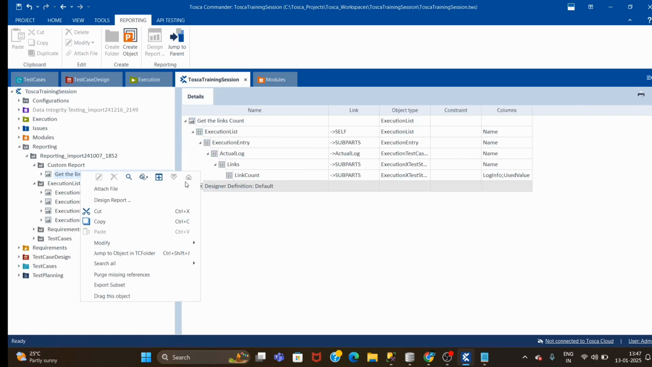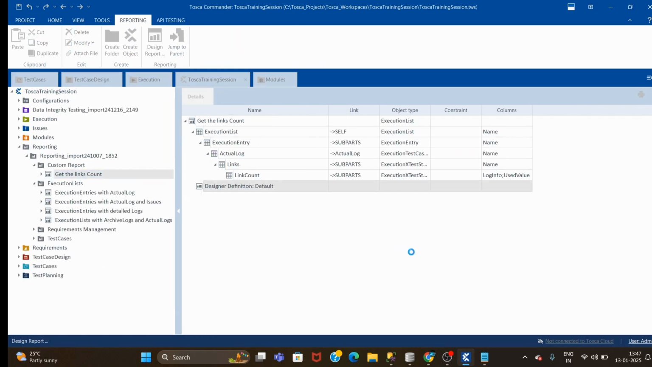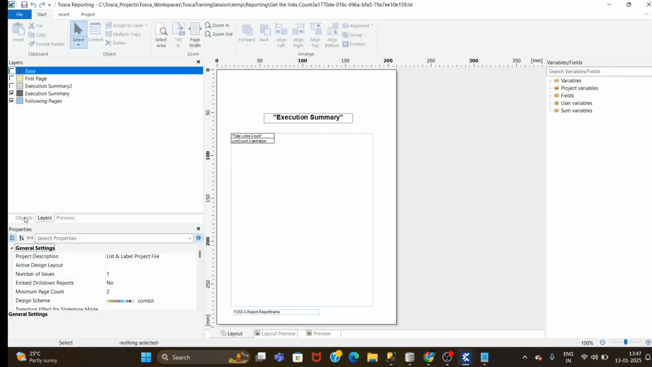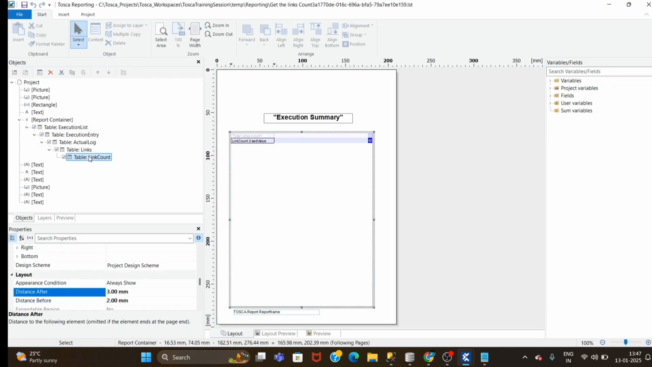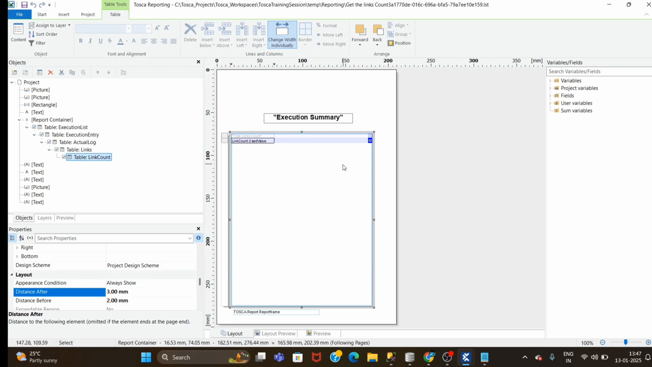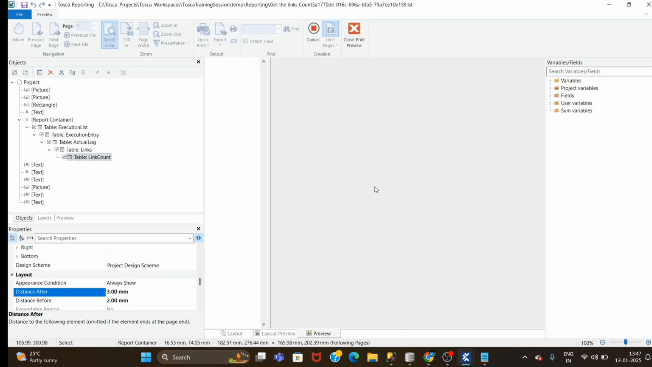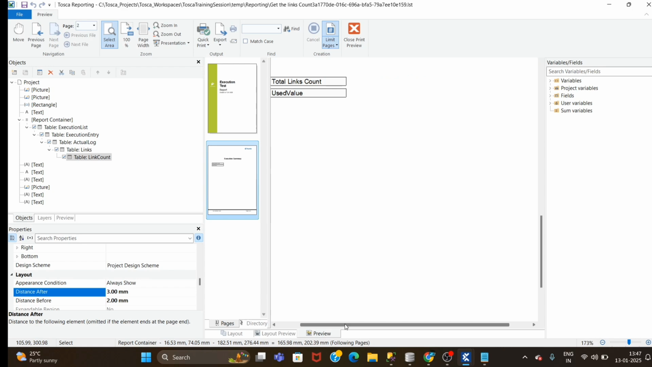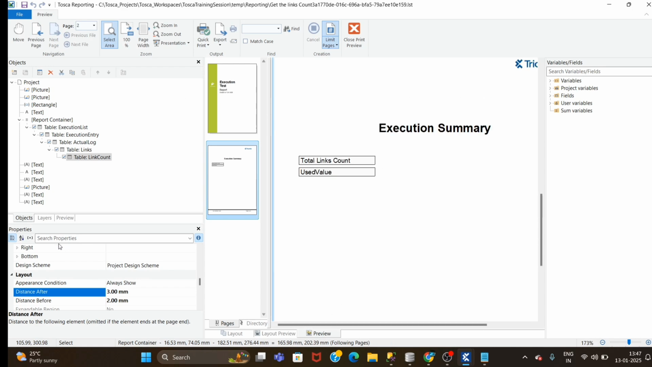Now again go to the report, design report. There is a space which we need to handle. Now go to the object, click on this and click on preview. Just see here, when I make some change, the preview will change. So if you click on the last table,